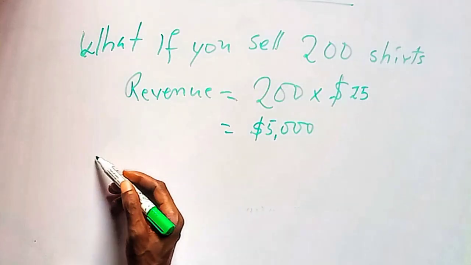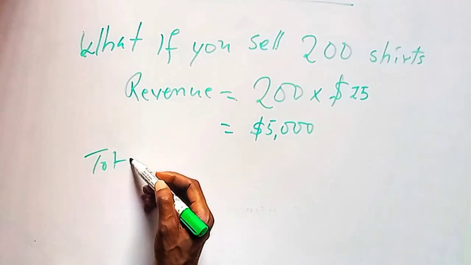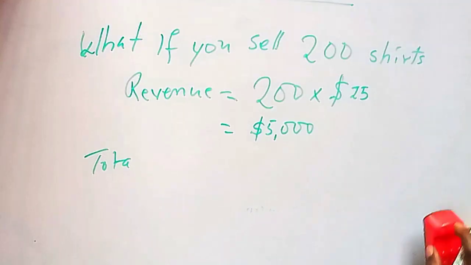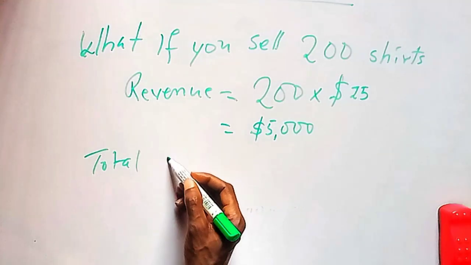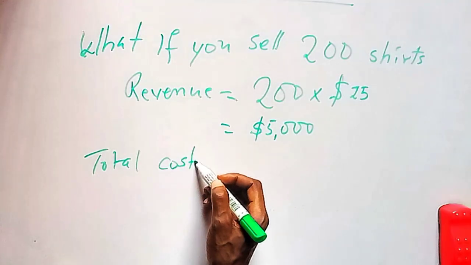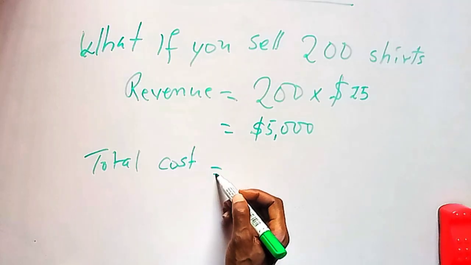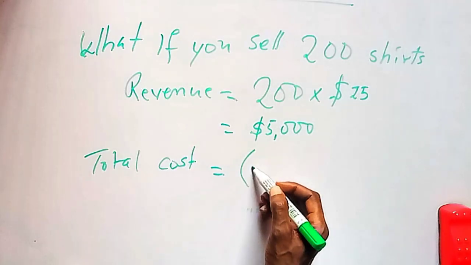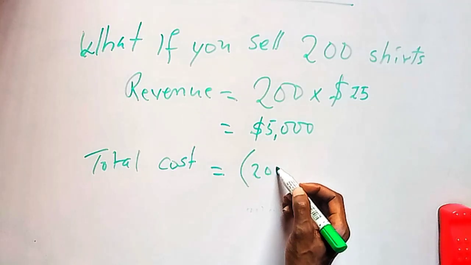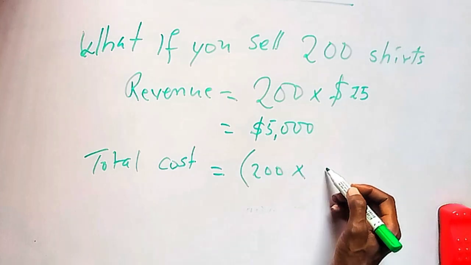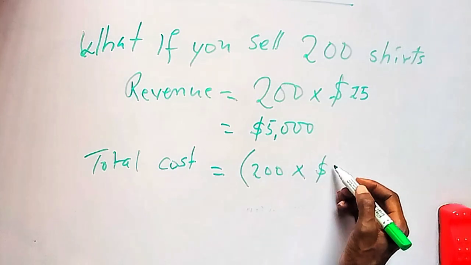Total cost then will be equal to 200 times $10, which is equal to